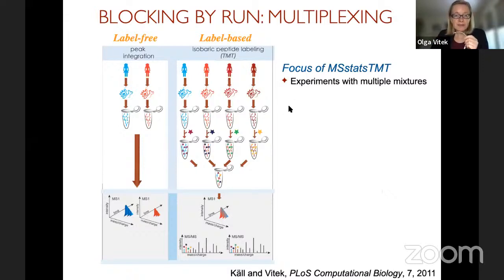So an alternative to this is label-based and isobaric labeling. And I hope we all know how it works, right? So that we digest proteins from different samples, and then we attach an isobaric labeling tag, like a barcode, to each of the samples, and then we physically mix the samples together. So that now when we have a peak in this m/z versus retention time space, this peak is actually a mixture from all of these sources that we had. And the quantification occurs at the level of the